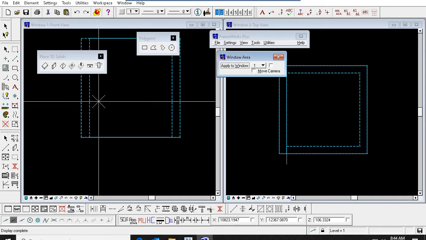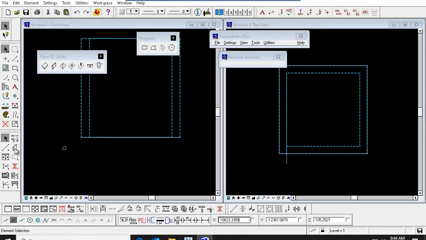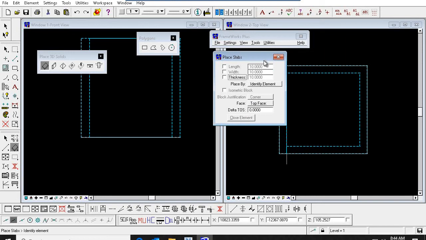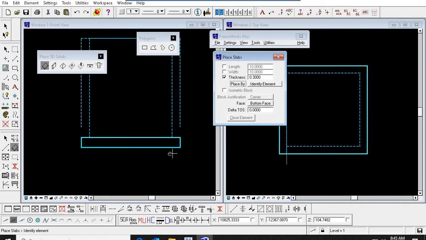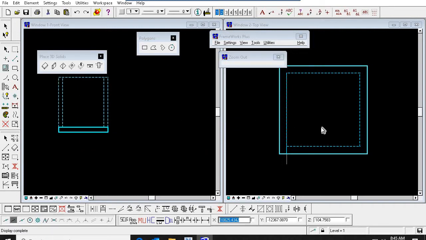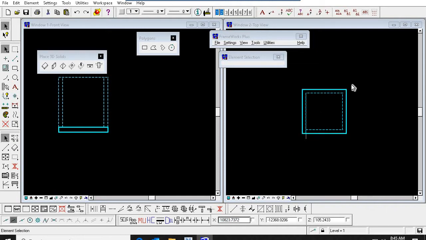Here already we put one rectangle, some square is there. So just give the thickness and identify the element. It will come inside or downside like this. So this is one method of pit modeling,